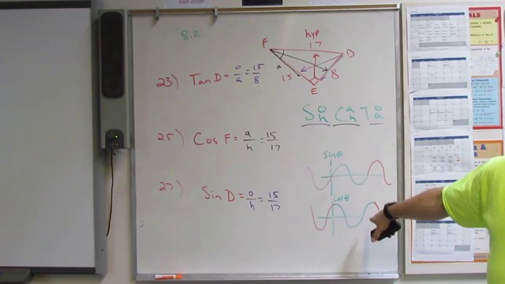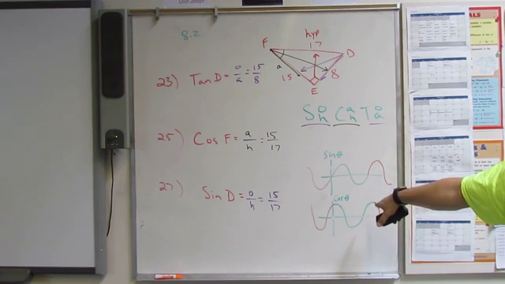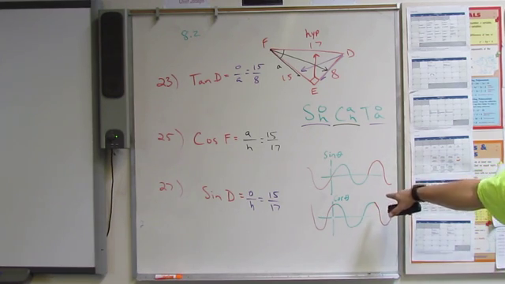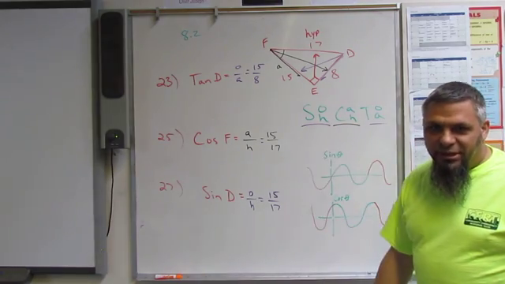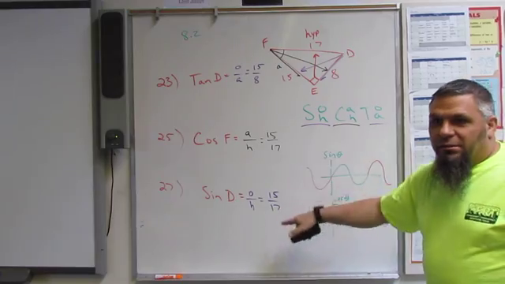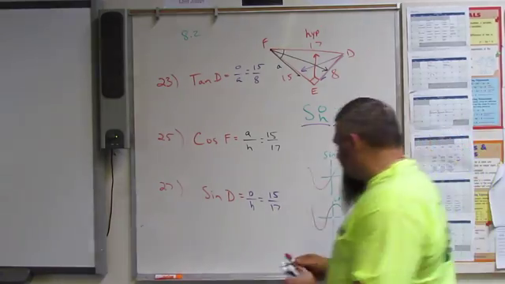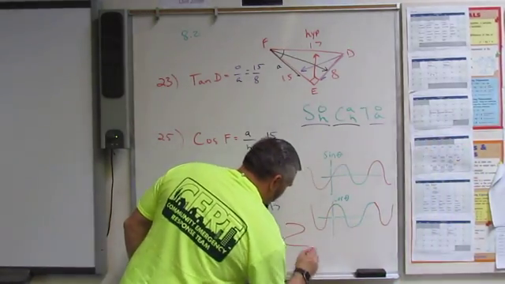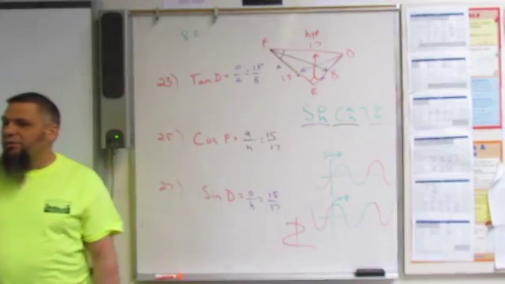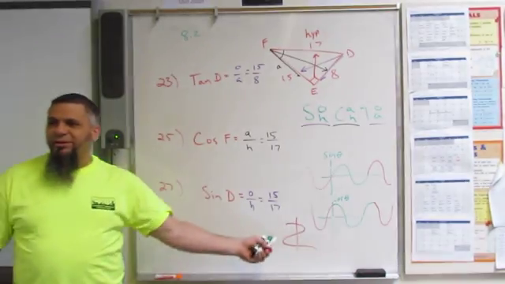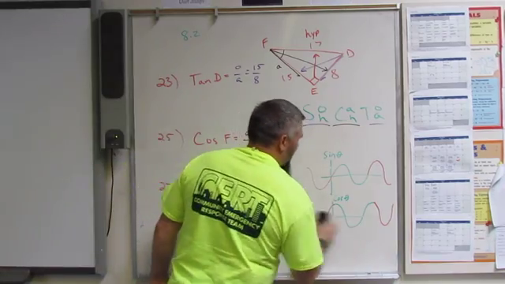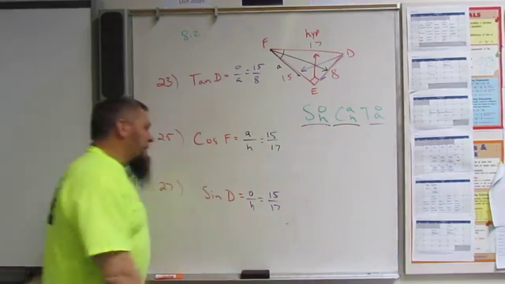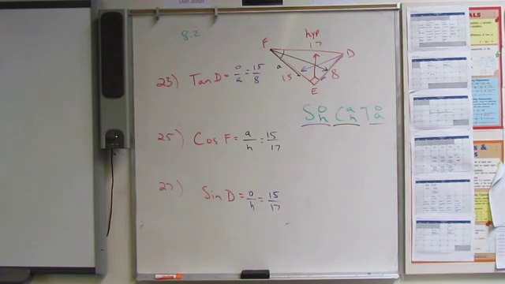Is this a function? Can you do your vertical line check? It's still a function. It's not hitting twice. In other words, it's not doing this. If we were doing this, not a function. There are things that do this, but this isn't one of them. Okay? So, that's sine and cosine. Soh Cah Toa. Simple. How do you graph them like